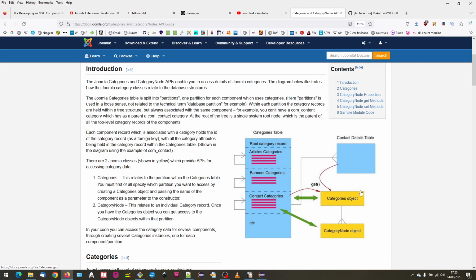And we've got a main categories object, which, if you like, is associated with our partition within the categories table. And we have then below that, we have got category node objects, which are kind of related to the individual records within our categories. And these are held as nested set records. So you can analyze those by first getting our categories object and then going down through and getting category nodes below that. But to get our categories object,